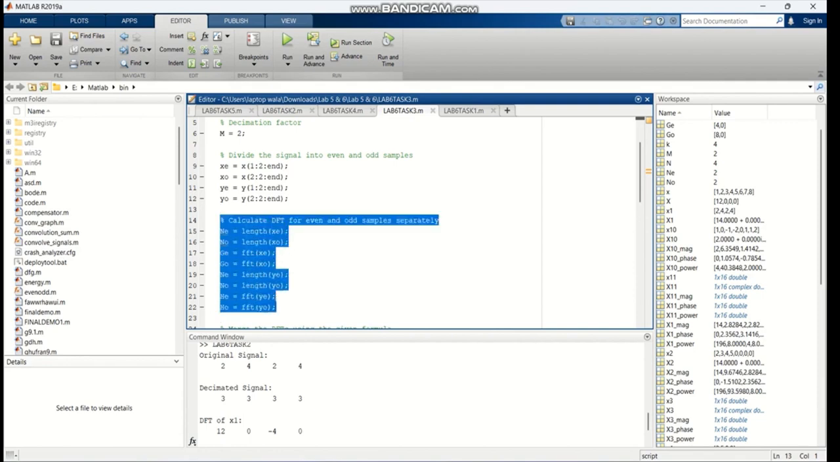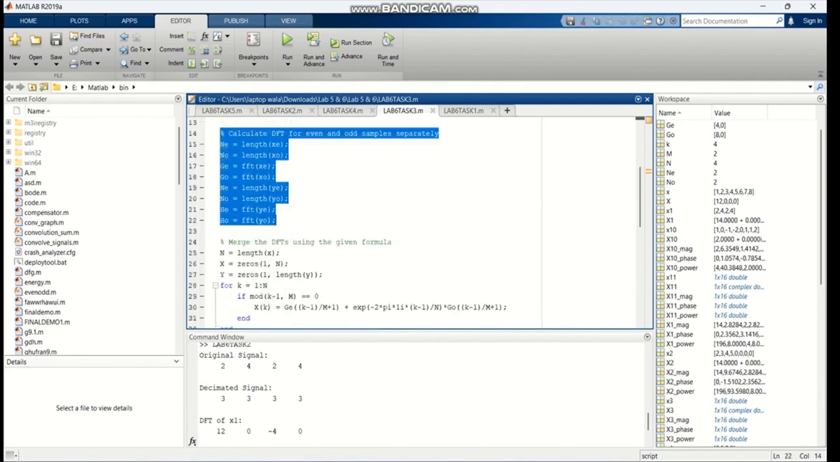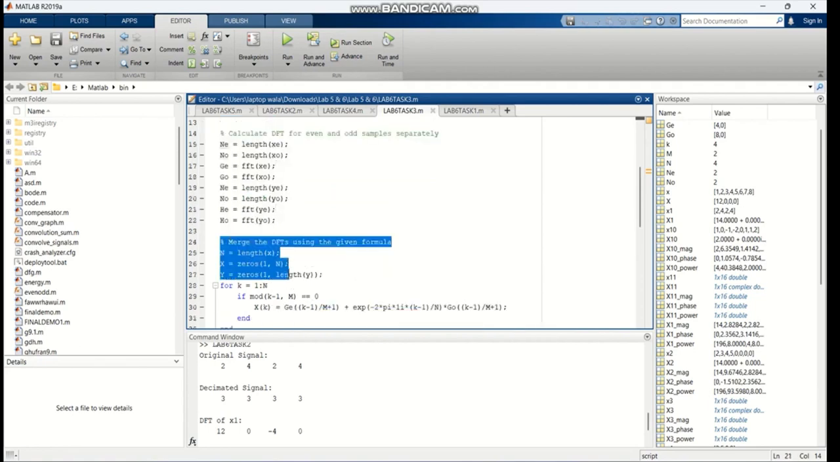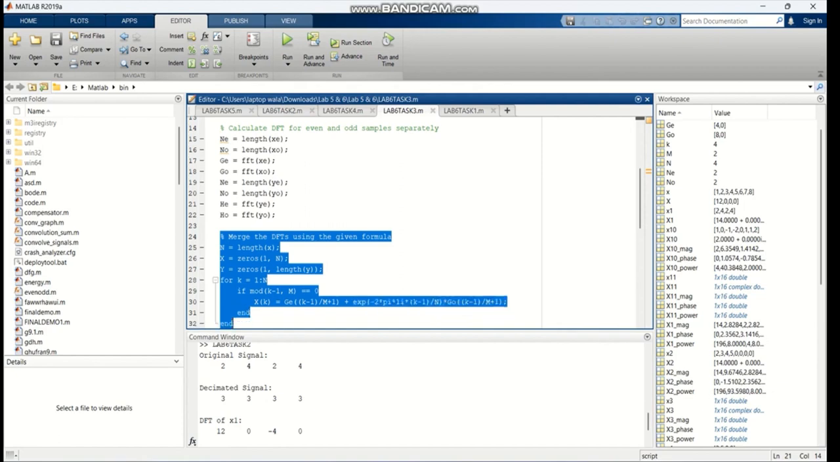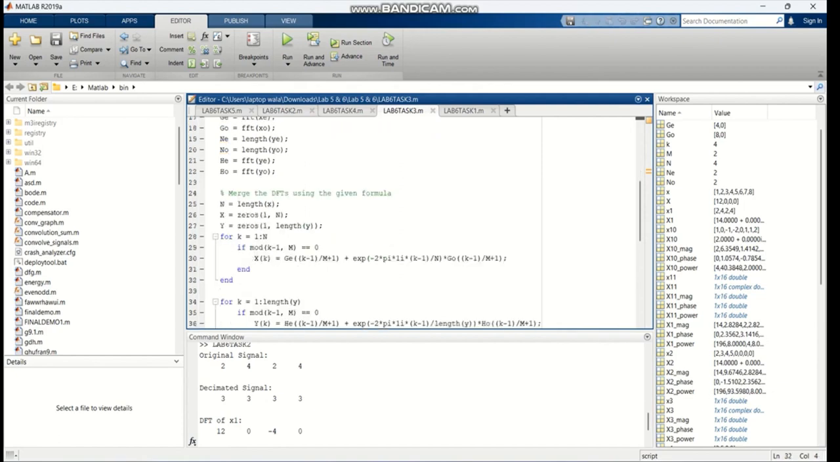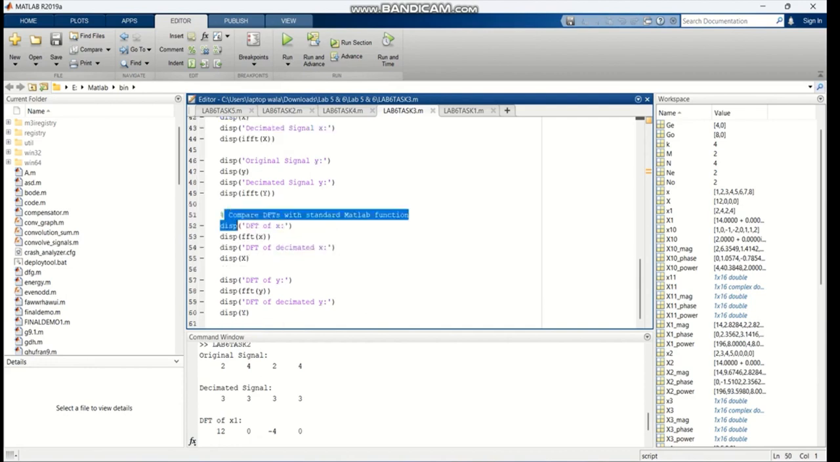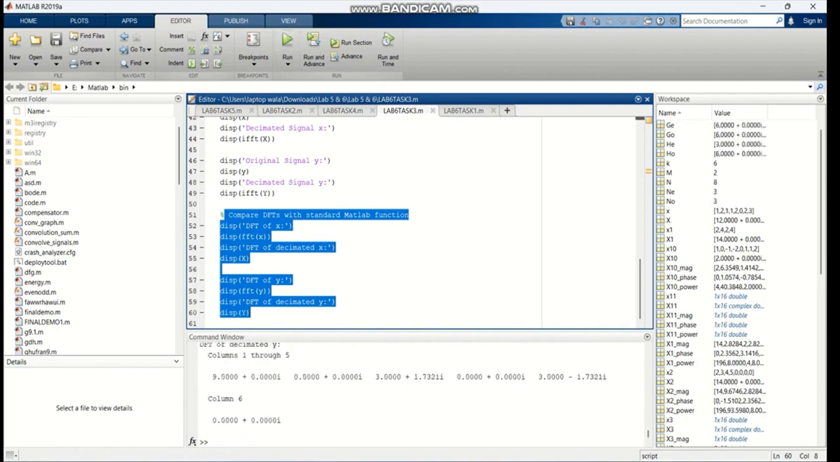Here as you can see, we use this formula to calculate DFT and FT. Then we merge our signal using this formula. You can see here n is the length of x is equal to 0 and y is equal to 0. Then we display the original and estimated signal using the display function. Here we display the original signal, here we display the decimated signal, and then we compare both signal DFTs with the standard MATLAB function. By running this code, we get the output as